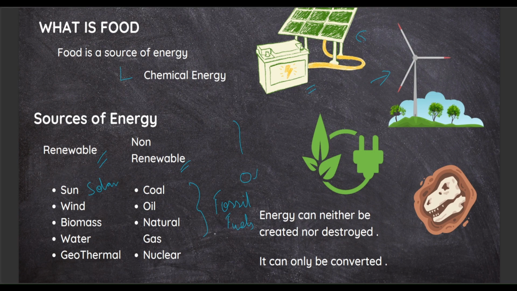Nuclear energy, mainly uranium. Due to nuclear fission, energy is generated. One thing is for sure, energy can neither be created nor destroyed. It can only be converted. इसका मतलब है it can only be converted from one form of energy to another. This is an example of fossil fuel and this is of biomass. Coming to the next part,